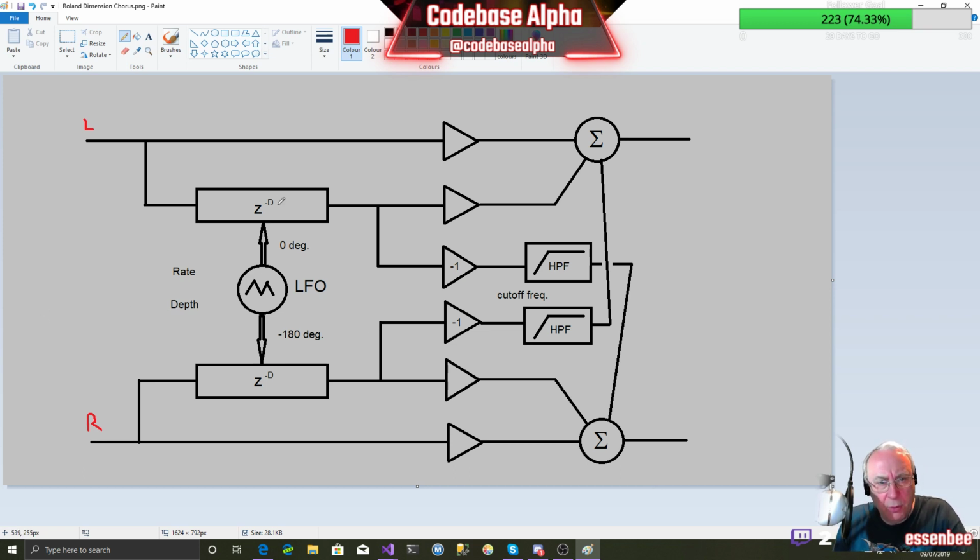So what we need is the twin circular buffers here, a single LFO which produces a triangle wave, and it's going to be controlled by a rate and depth as we have with our existing chorus effect. We're going to offset the waveforms produced by the LFO by pi, minus pi in this case. We're going to invert it so they're out of phase. And then we're going to do this weird thing where we pass it through high pass filters. So I'm going to keep that